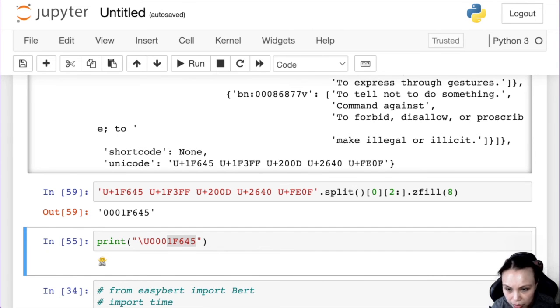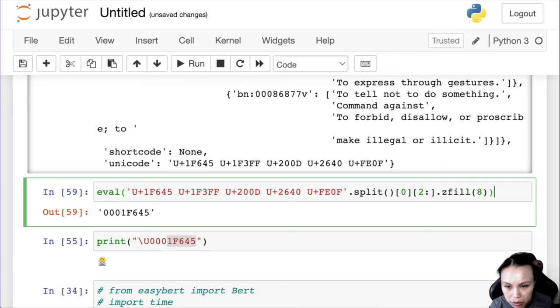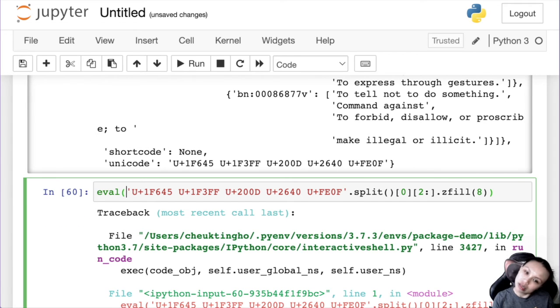So I have this, and then I would be like eval, like backslash u. Then it kind of, if I eval this, it will become a string, right? No, I can't do that. Do it like that.